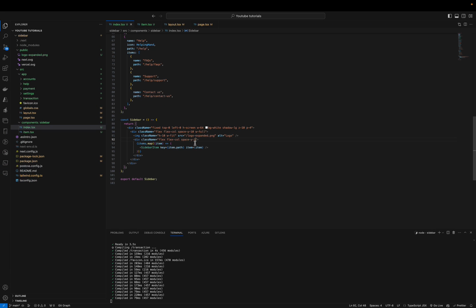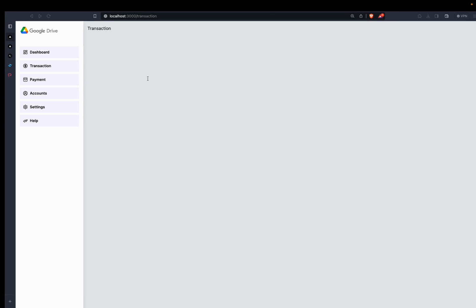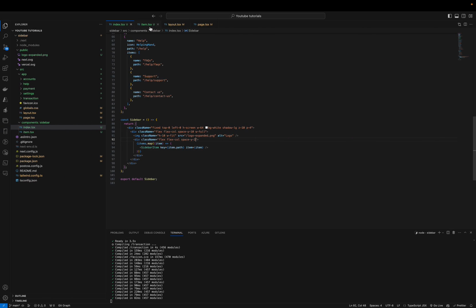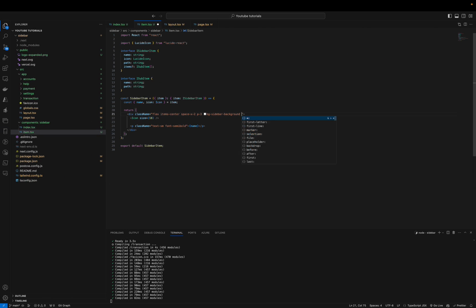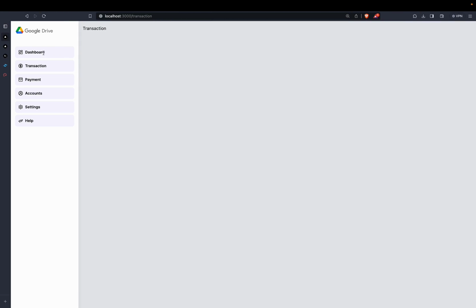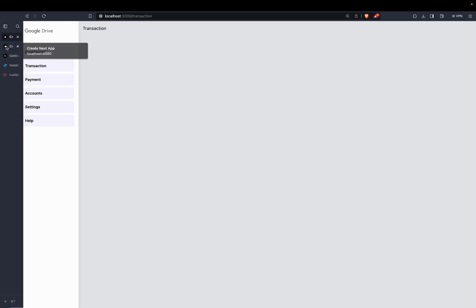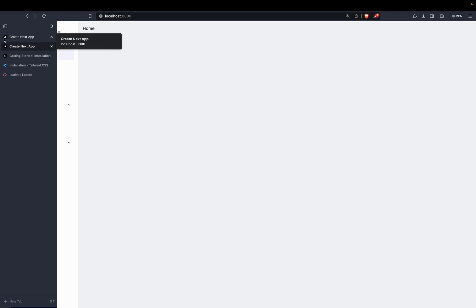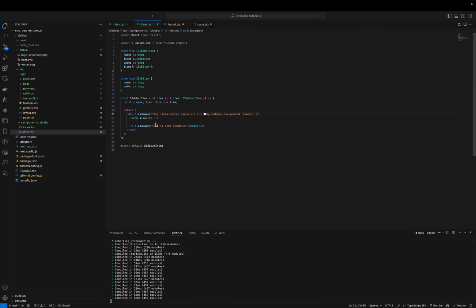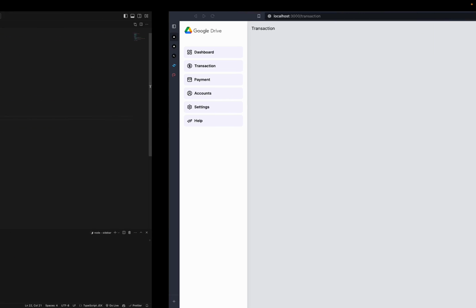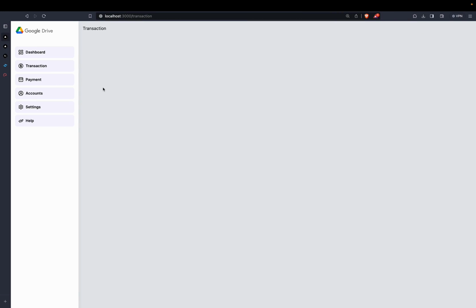Let's increase the spacing to 2 just for seeing it, and I need to make it rounded large. This looks a bit better than the earlier one. I think let's increase the size to 20. Okay,